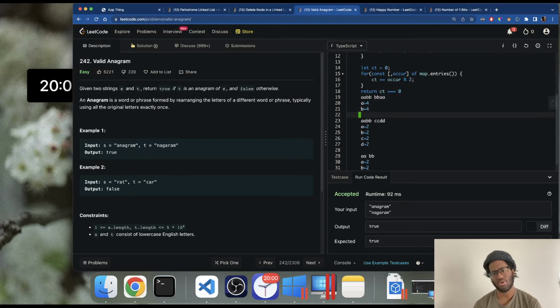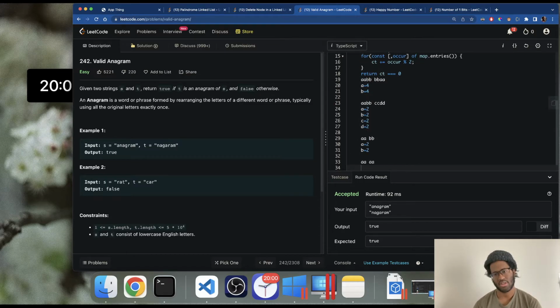Let me make one more case. The case where this passes. A equals 4. Oh my god, I think I figured it out. It's not the case that map.size has to equal each string. It's the case that map.size, or the sum of the occurrences,